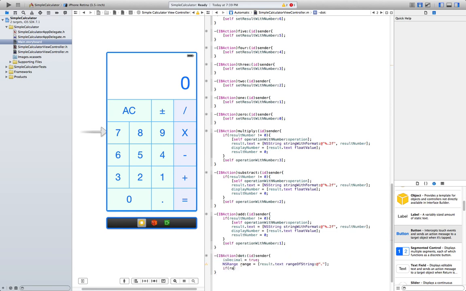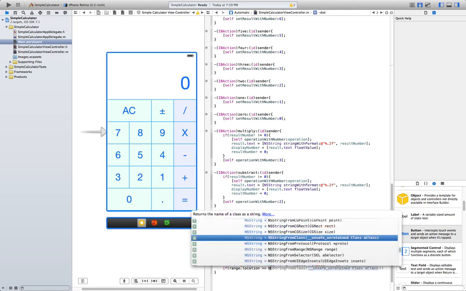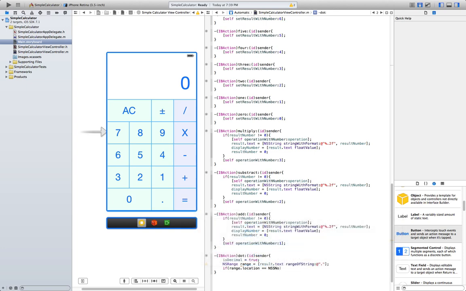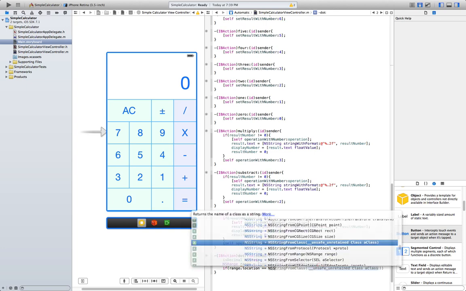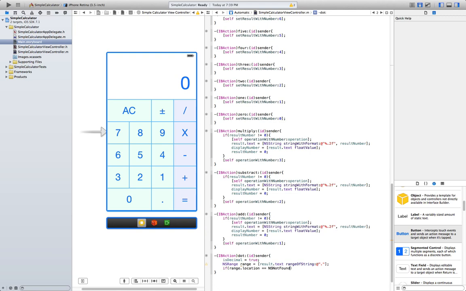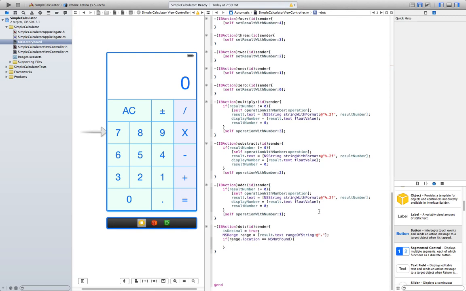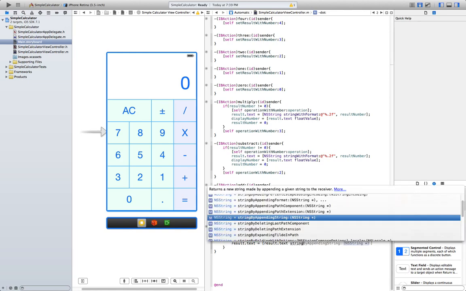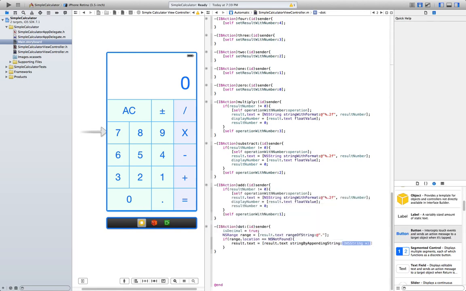And if range.location is equal to NSNotFound, so if we do not find another dot, result.text is gonna be equal to result.text string by appending string, and we're just gonna add a dot.